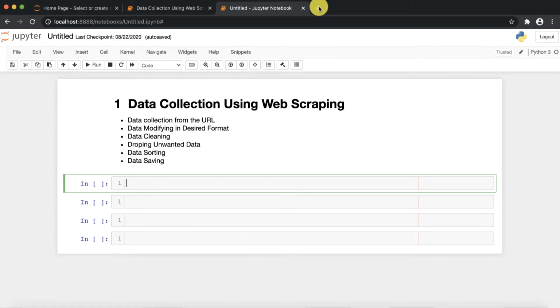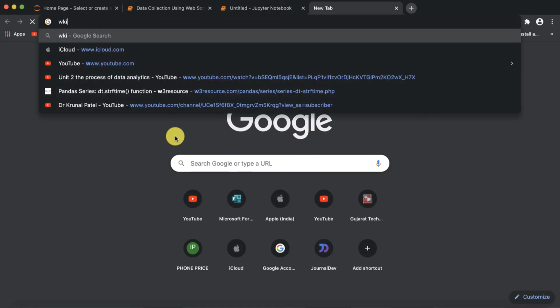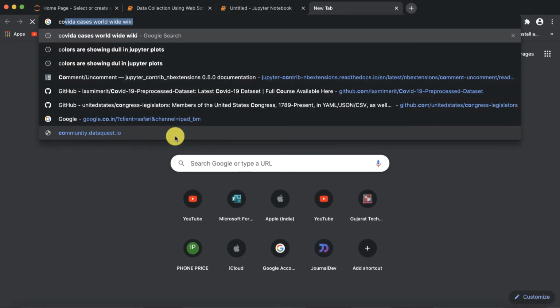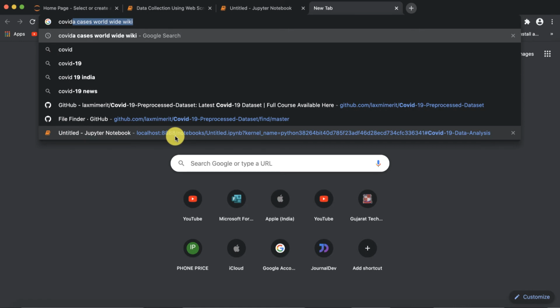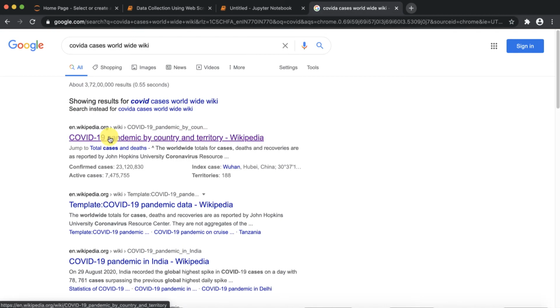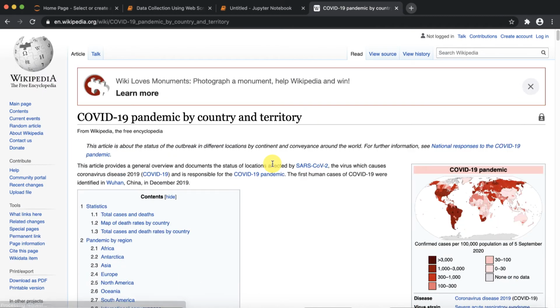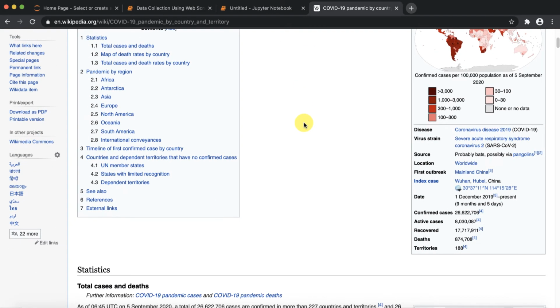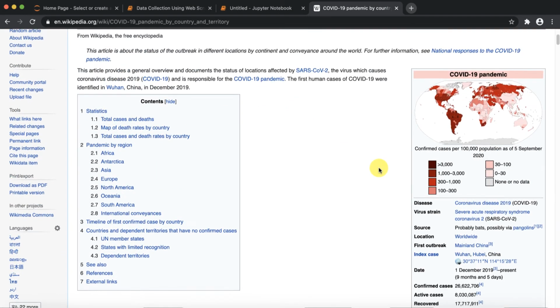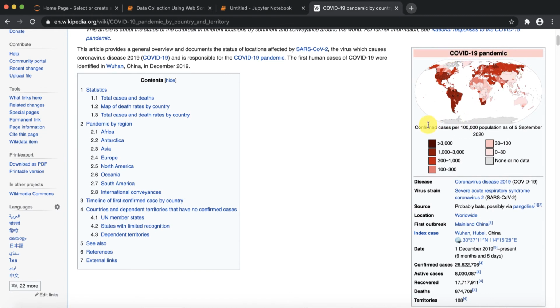For this example, you just need to search for COVID-19 cases worldwide wiki. Wikipedia is providing that data: COVID-19 pandemic by country and territory. Here you can see there is lots of data: COVID-19 pandemic confirmed cases per 1 lakh population as of 5 September 2020, the latest as of yesterday's date.